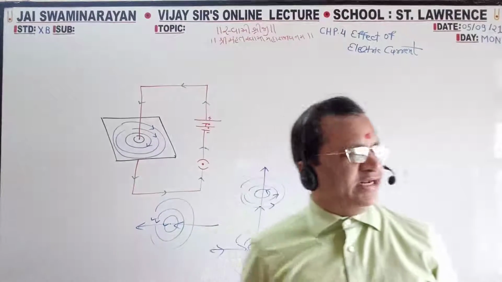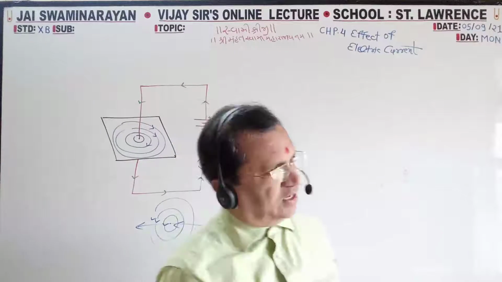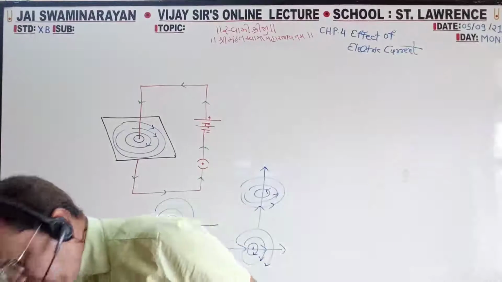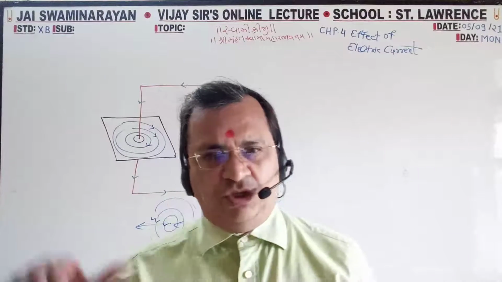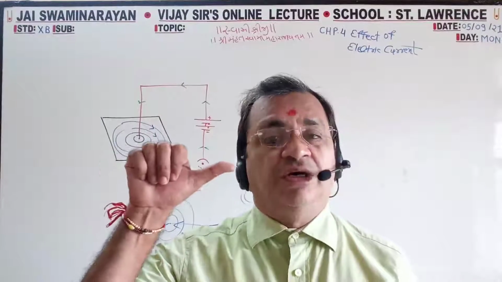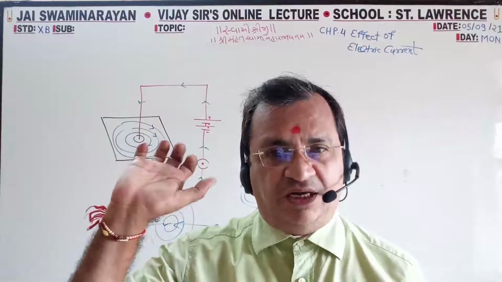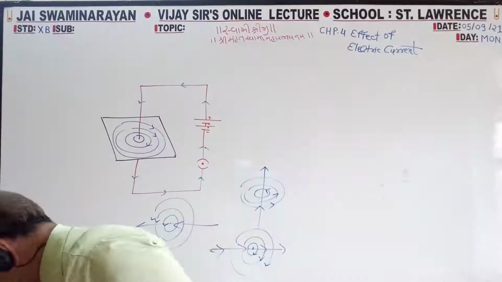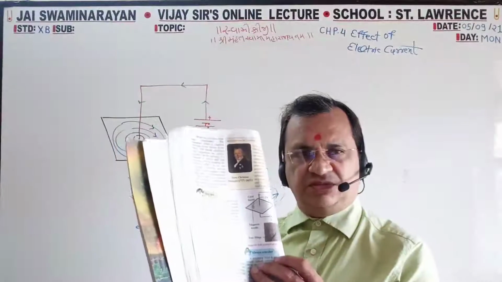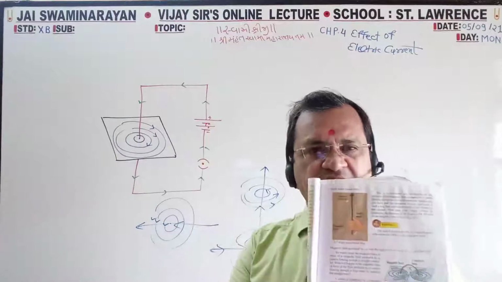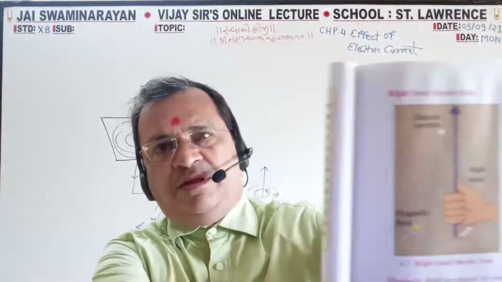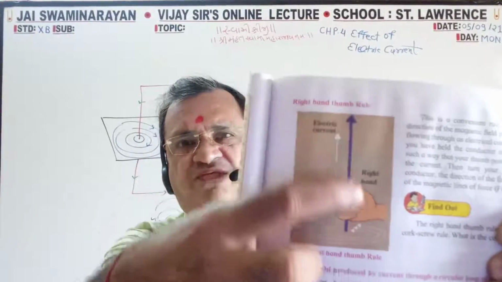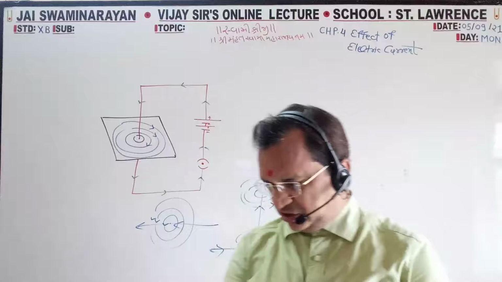So the relation between the direction of electric current and the direction of magnetic field is denoted by the right hand thumb. So what is the right hand thumb rule? When electric current passes through the conductor, the right hand thumb shows the direction of electric current. Curved fingers show the direction of magnetic field produced. This is the right hand rule. See, the blue point shows the direction of electric current and the curved fingers show the direction of magnetic field.